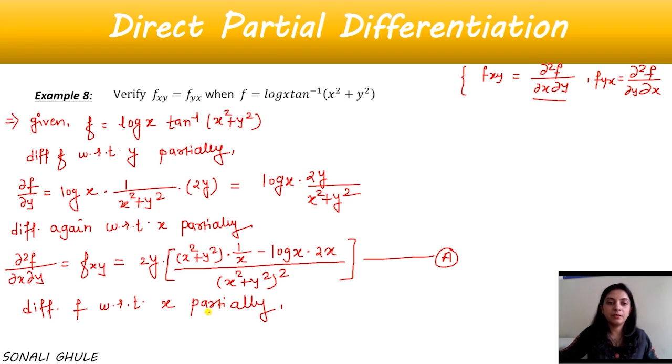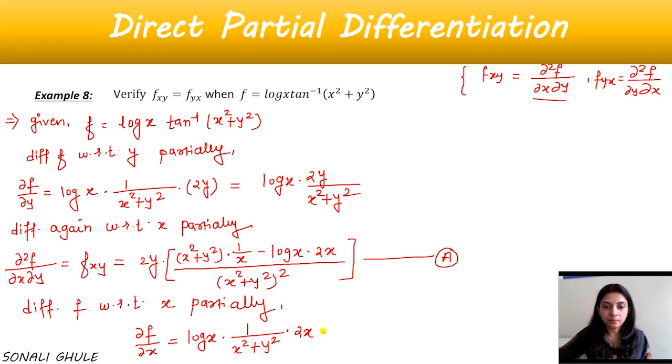Now this time we are differentiating first with respect to x and then with respect to y. Okay, so when I differentiate this f with respect to x partially, your y is constant, but here log x is also a function of x and tan inverse is also a function of x, means we have to use the u into v rule. So suppose first of all I keep this log x constant, and I take the derivative of tan inverse, so it is 1 upon x square plus y square into 2x, this time the derivative with respect to x, plus, now if I keep tan inverse of x square plus y square constant, and I take a derivative of